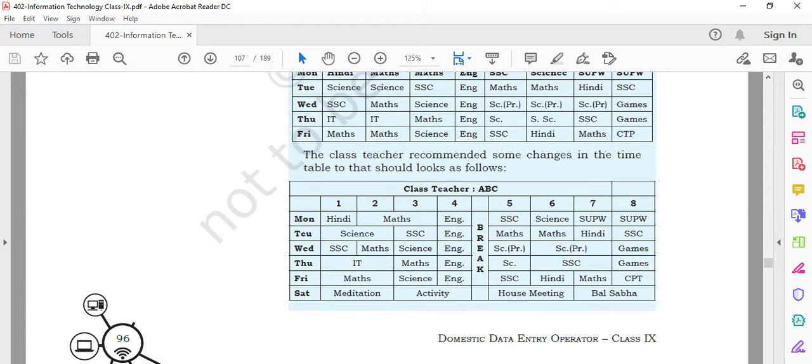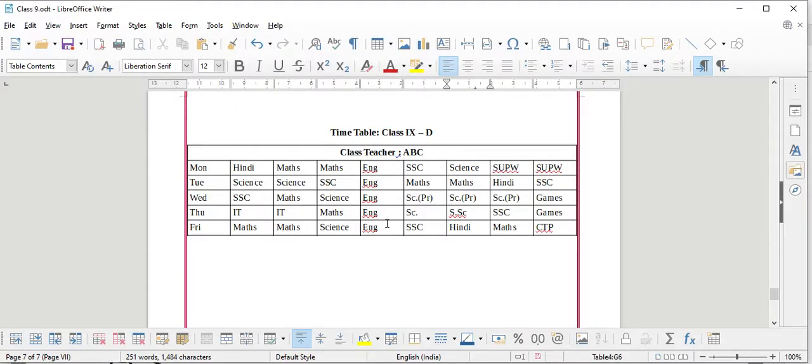Let's see how we can insert that. For doing that, we need to insert one row above this row. I'll select this row.